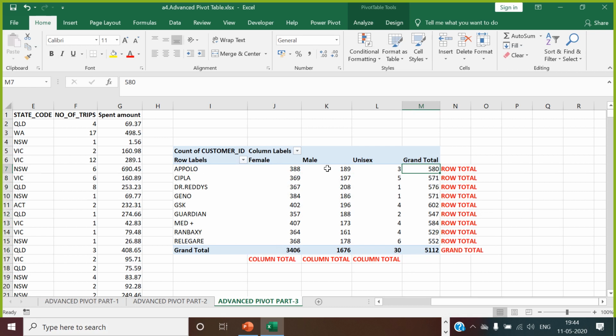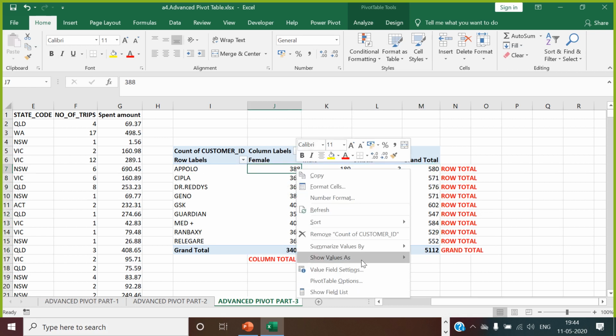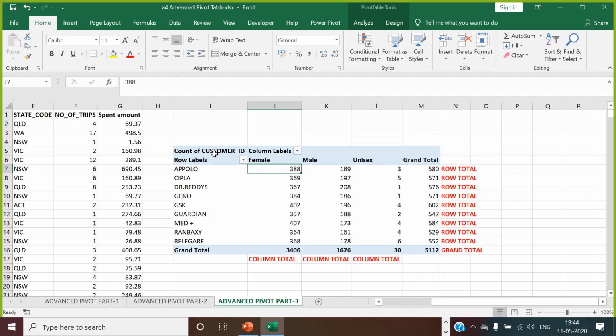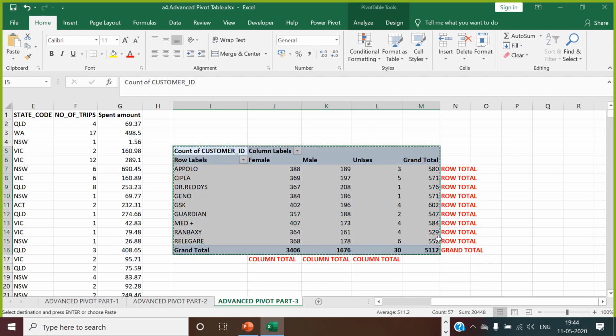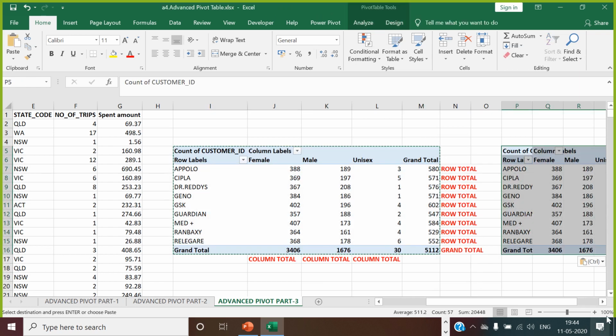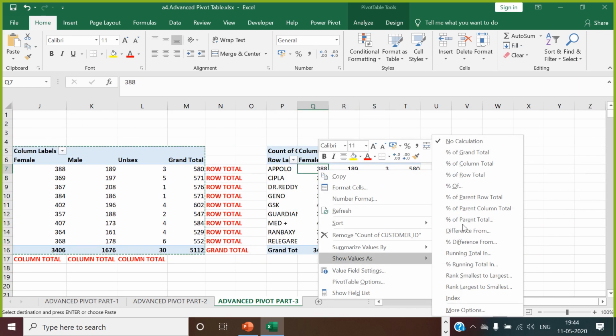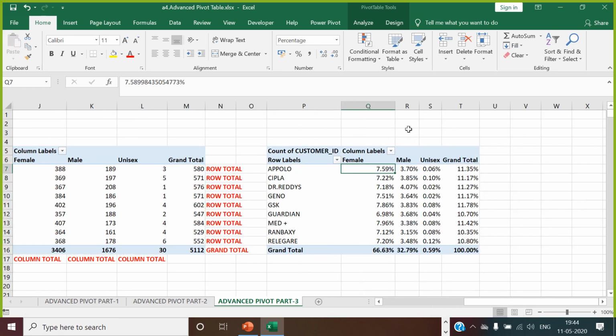Now, using this data, you'll understand how to use the show value as option, which is percentage of the grand total. What does it mean? I copy this pivot table and paste it beside here. In this, I say show value as percentage of the grand total. What does it say here? It says female in Apollo, whatever customer base you have, over the total customer base which you have.